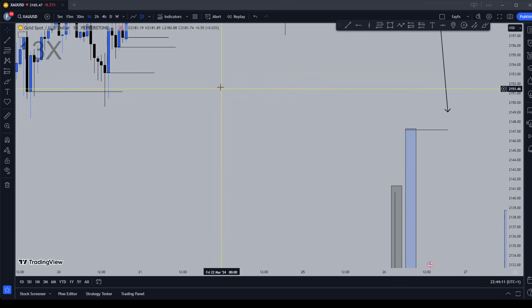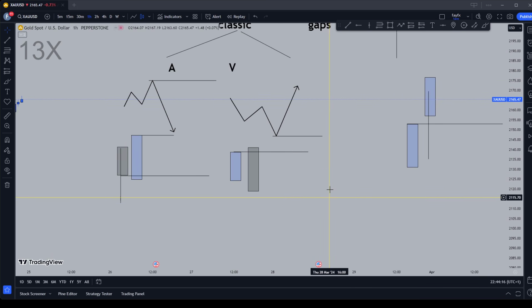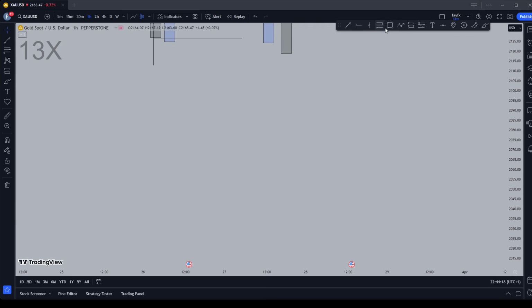Before I forget, there is one thing about gaps. We use two kinds of gaps. A simple gap like this. This is one. The second type is a gap breakout. This is a gap,